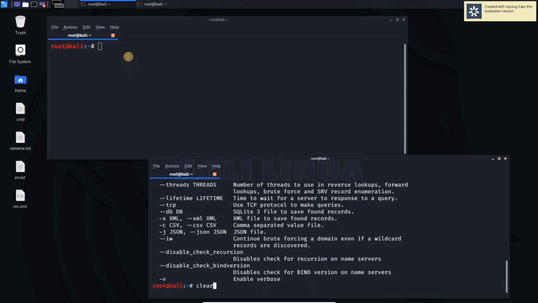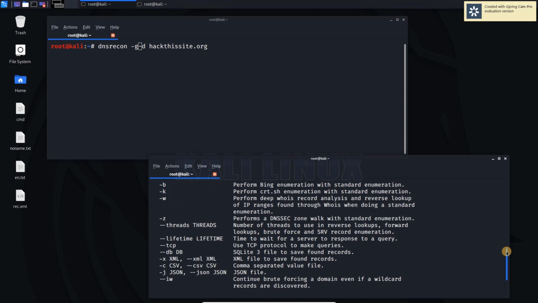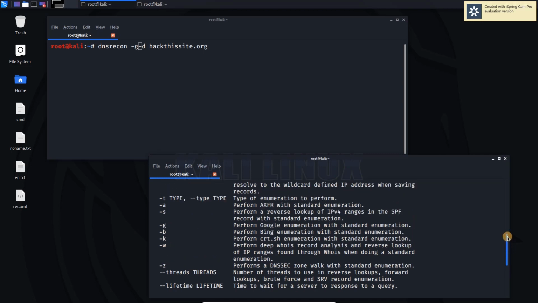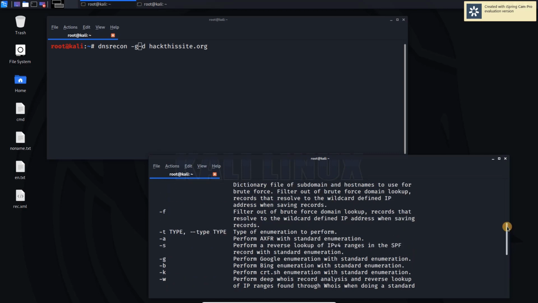So it's hyphen d. We can use hyphen g for Google enumeration and hyphen a for AXFR.